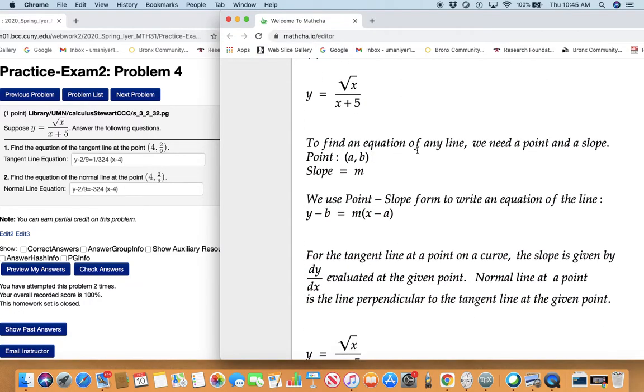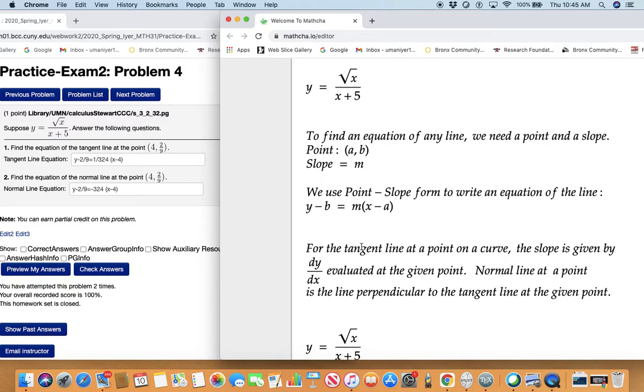To find an equation of any line, you need a point and you need a slope. Once you have point and slope, you use point slope form to write the equation of the line. Y minus y coordinate equals slope times x minus x coordinate of the point. All right. So now for the tangent line at a point on a curve, the slope is given by dy dx,